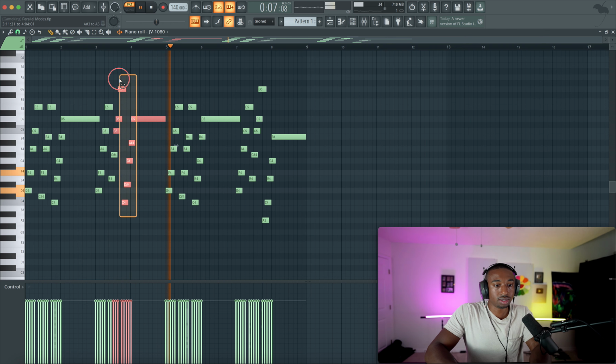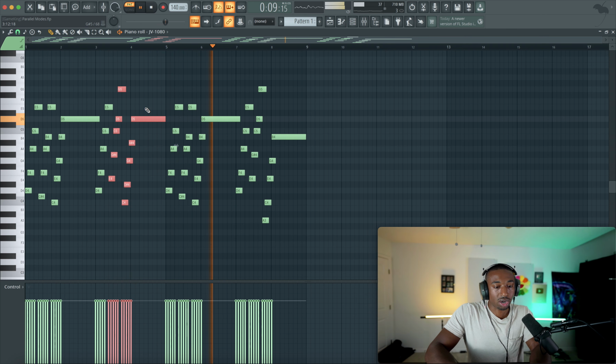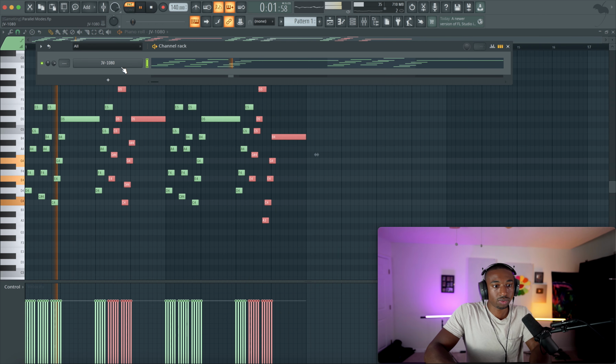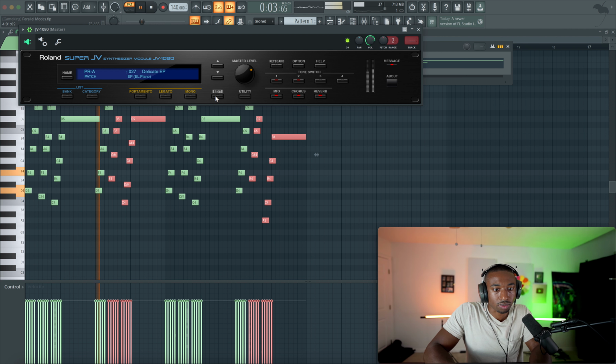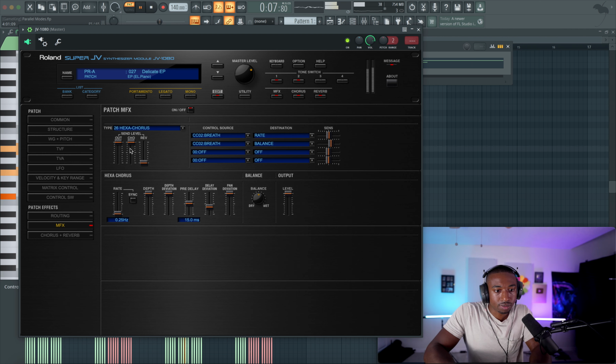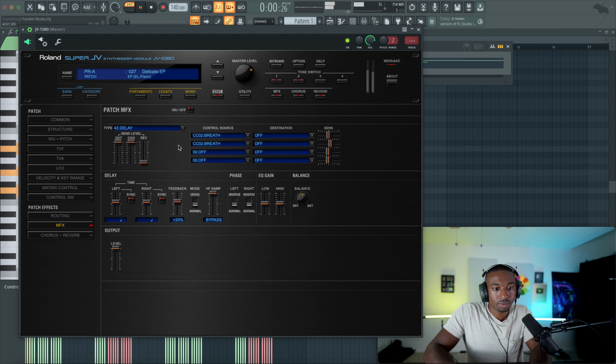So this is our parallel mode, and here's our key modulation. See if we can add some effects in here. I'm not sure if this comes with effects or not. Oh, that's the chorus I'm messing with.